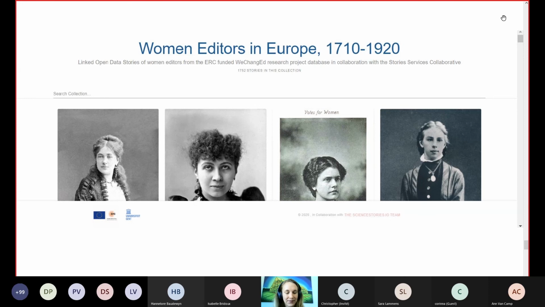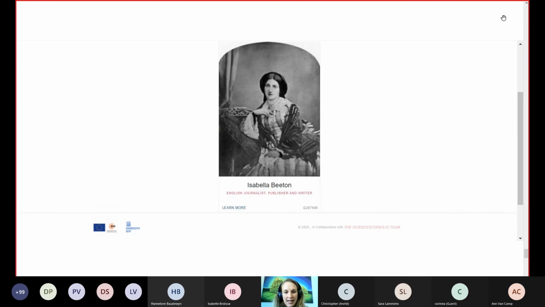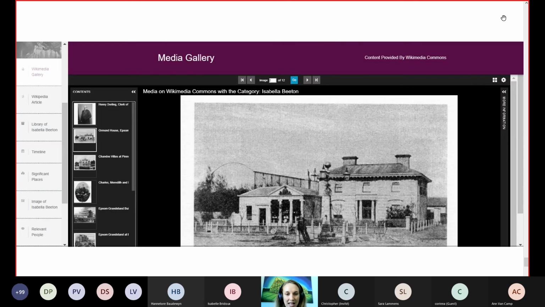Next slide, please. And here is a front page of an editor. This is Isabella Beeton, a very famous British editor. And if you click further on the image itself, if you could go to the next slide, please,